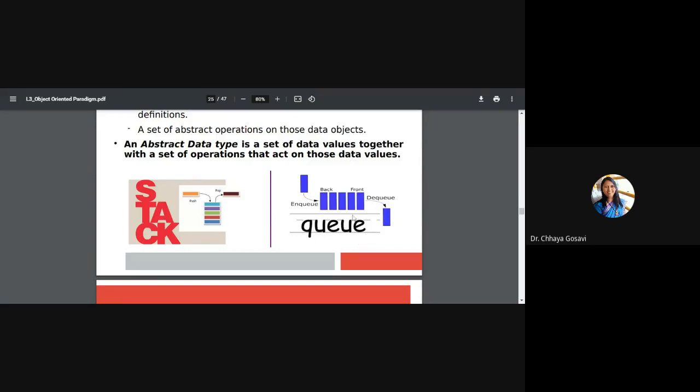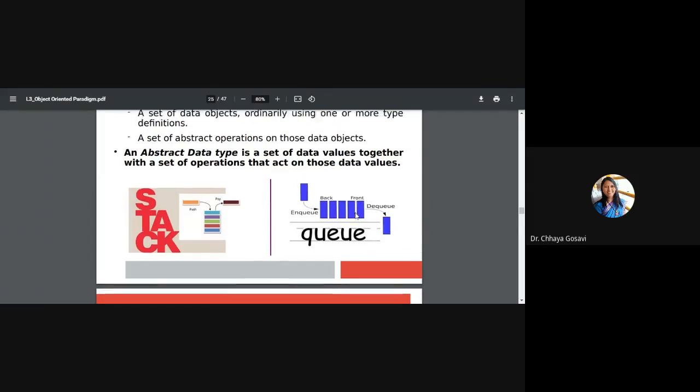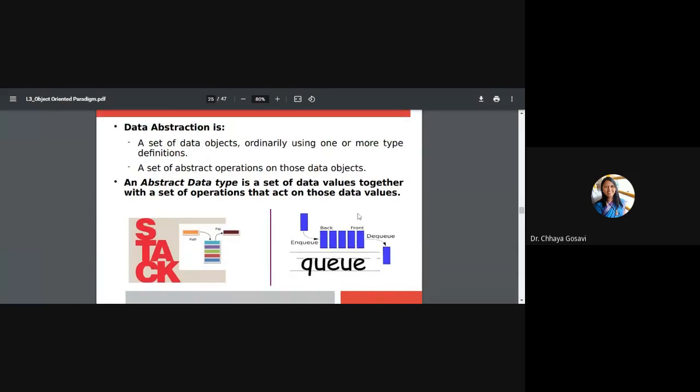And you can write a class queue with variables, if you want to implement this queue with an array. So array is your data type, then front and back variables, and you need functions like enqueue. To add an element into the queue, you have to increment the back pointer, and dequeue, when you want to remove an element from a queue, you have to increment the front pointer. You'll understand this in the next year data structures subject.